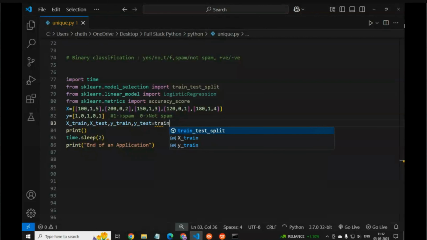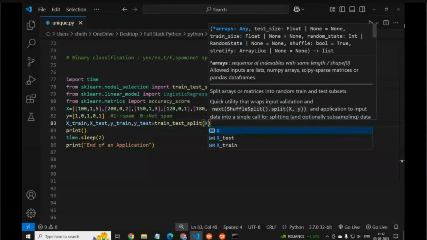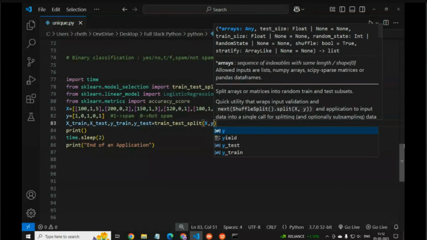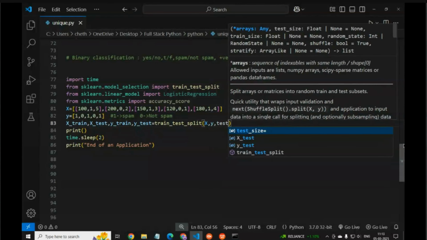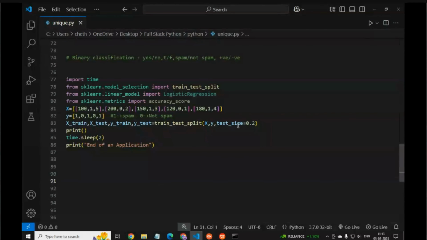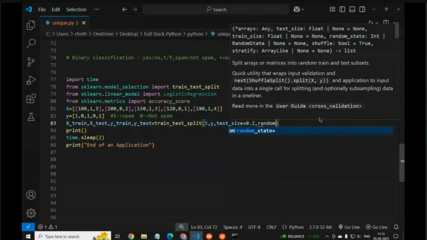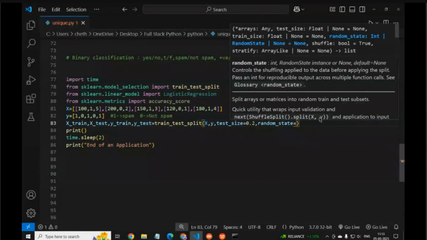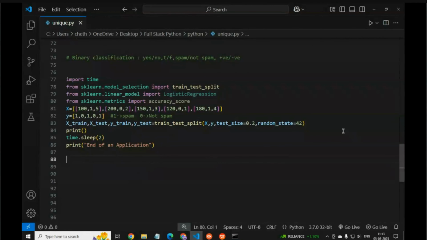Then here we write train_test_split with capital X, comma small y. Then the test size equals 0.2. Here we give the test size. Then random_state equals 42.